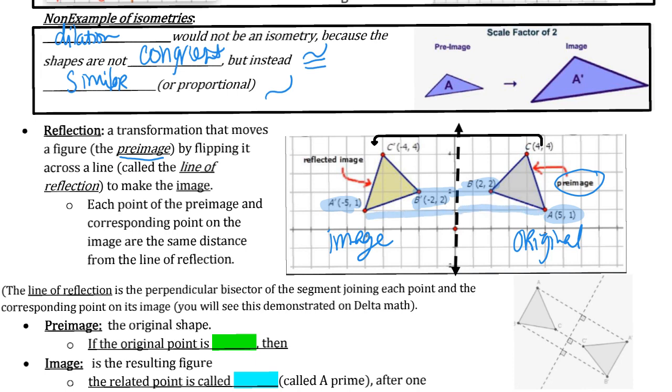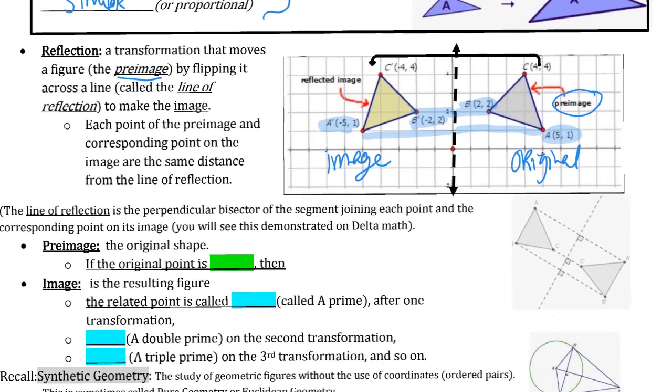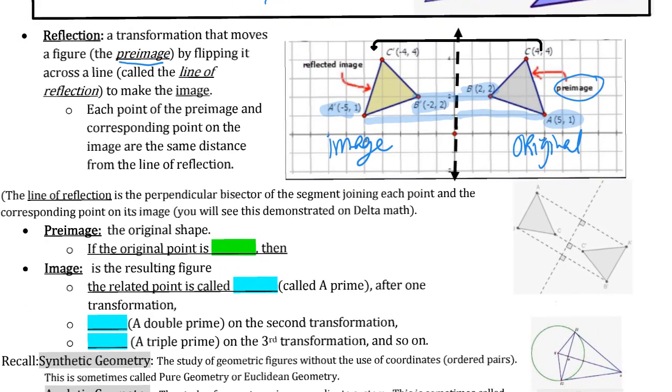And so again, the other point is 5 away from that reflection as well. So that's kind of something we're going to be looking at. In fact, on Delta Math, there's some really great things you can do there that I wouldn't ask you necessarily in person because they're harder if you can't move stuff on a computer. And so an example would be over here on the right